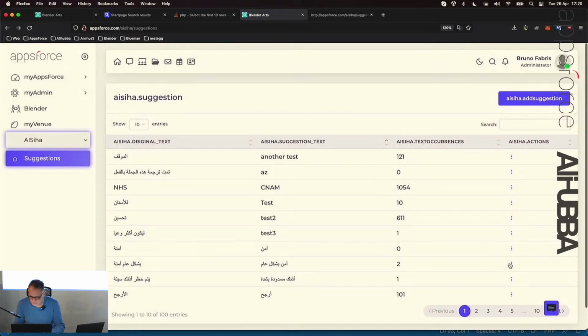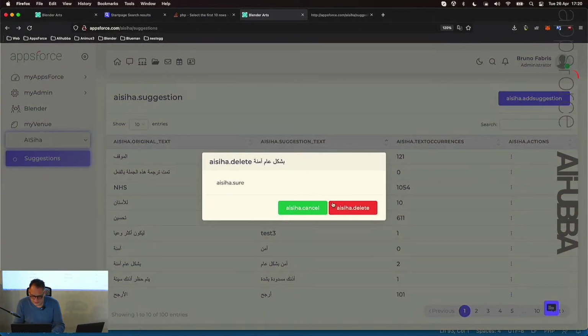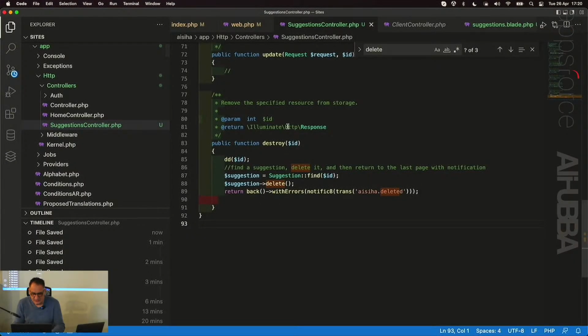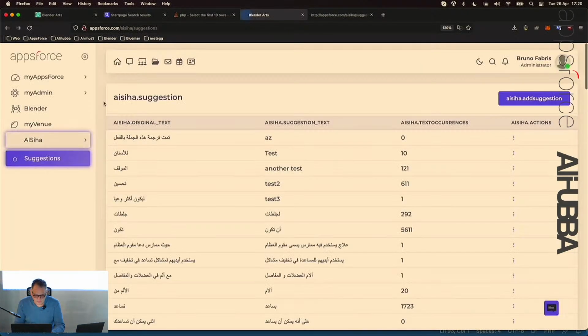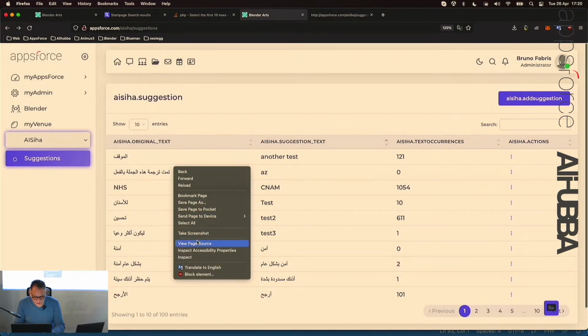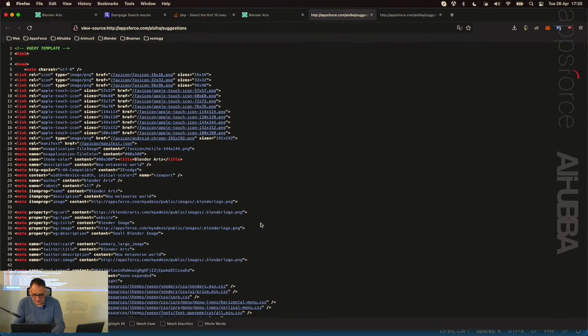And if I click this one, delete, it says number 38, okay? So basically the ID variable will pick up that thing which comes originally from view page source, Control F 38,